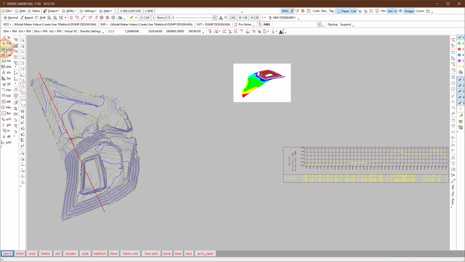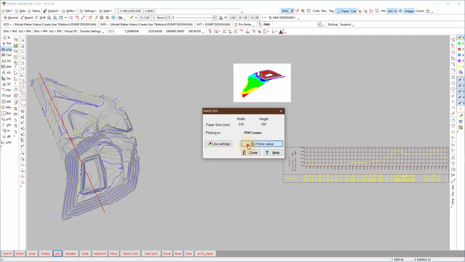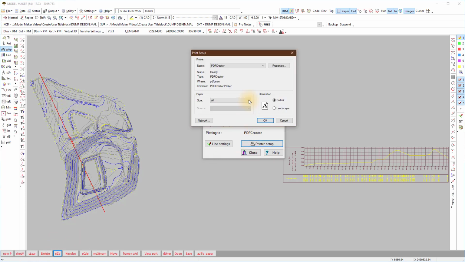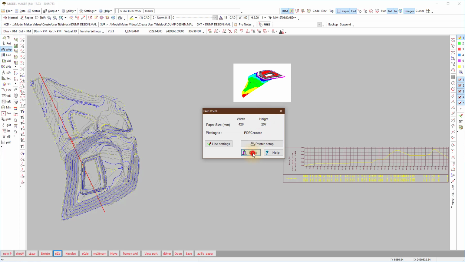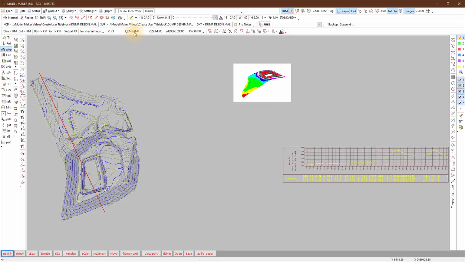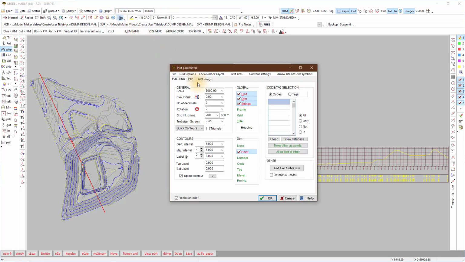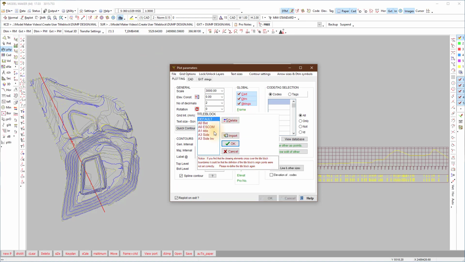I go to Paper, Size, change it to A3. So I first check that my paper size corresponds to the title block size I want to use. Next I go to the plot parameters and choose the title block that we created from the list. It displays the pattern linked, so you can play around using both description and pattern name to guide you. I named mine A3 side.